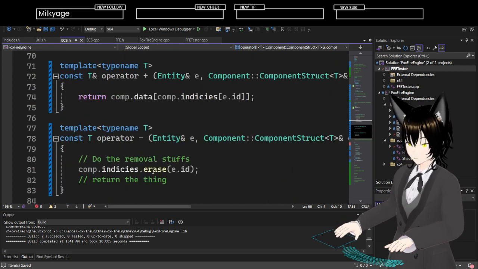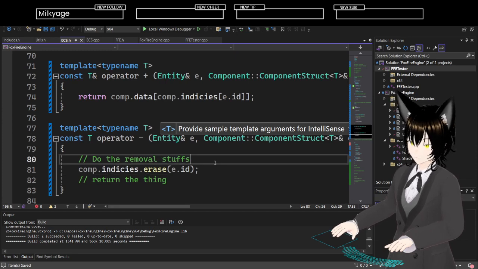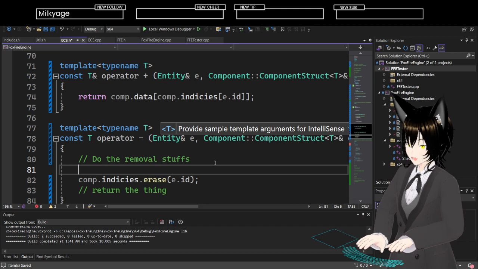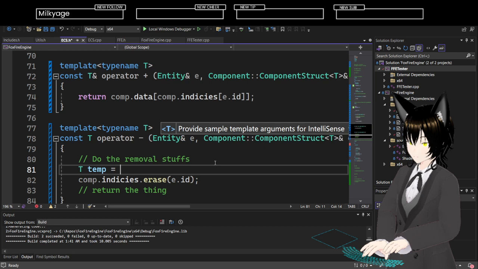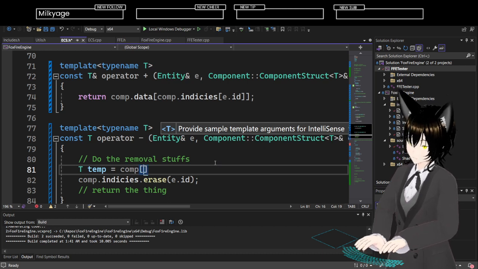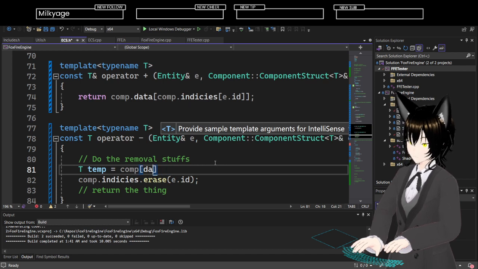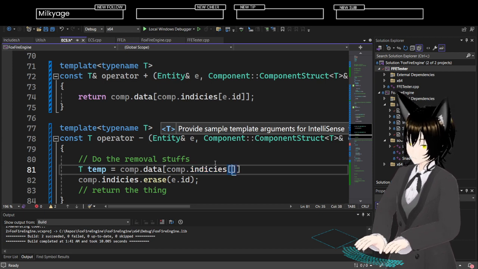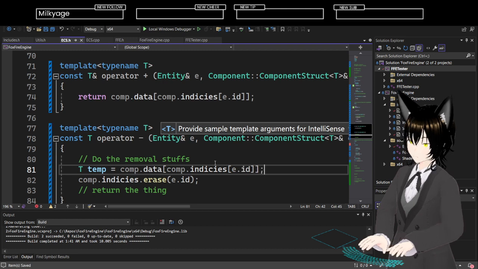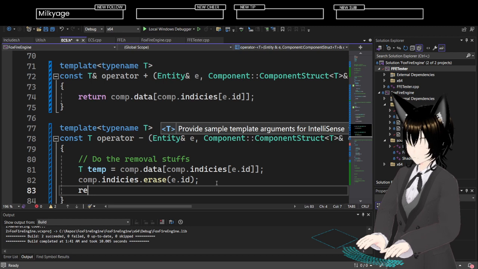And then in here, what I want to do is set a temp equal to comp.data at comp.indices at e.id, and then here it will return temp.